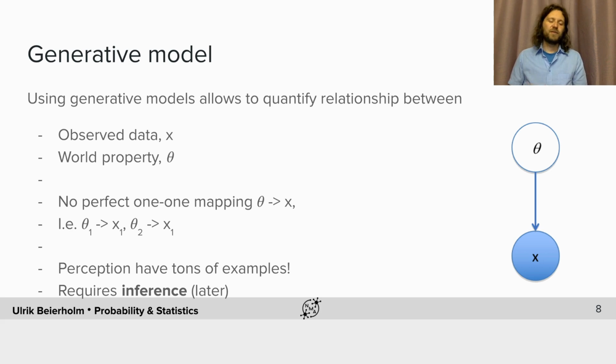And if you've studied any kind of perception in psychology or neuroscience, then you'll meet tons of examples like this where, say, a three-dimensional world is being reflected onto a two-dimensional retina, and therefore you need to do inferences about what's actually out there. And that's something we will talk about later today.